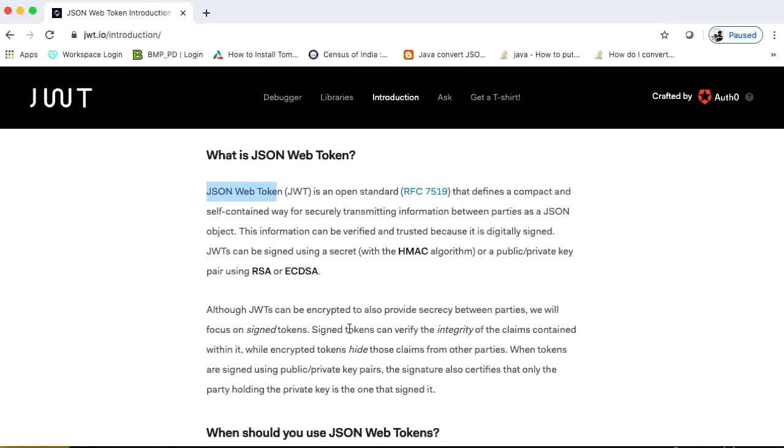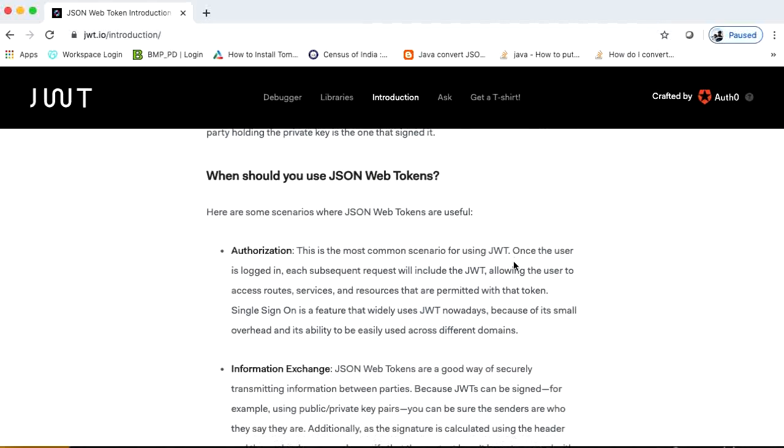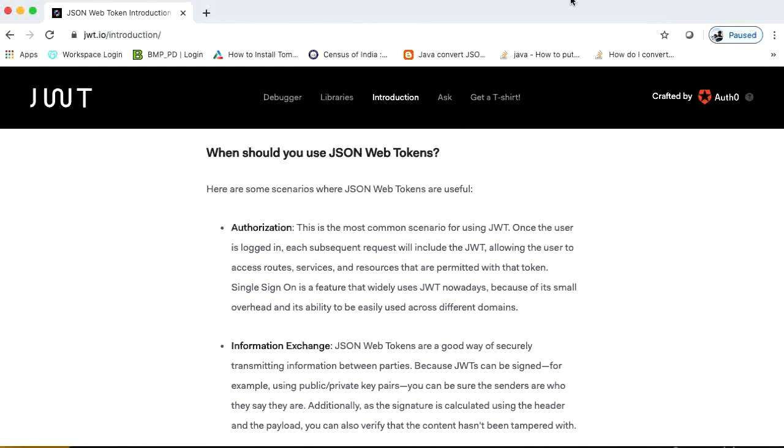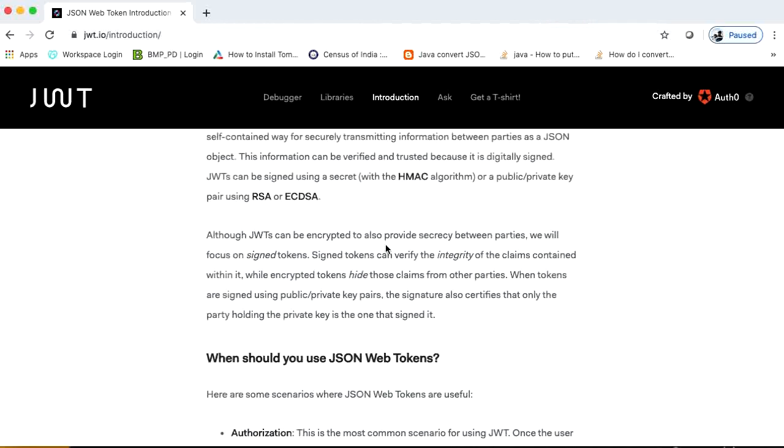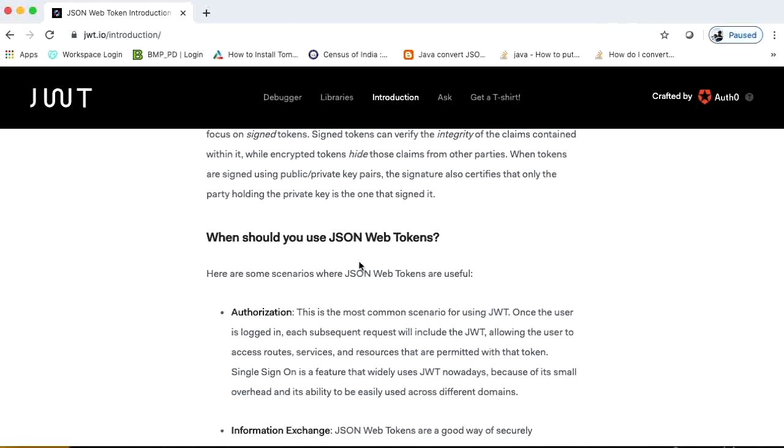It is a very highly recommended and a big, in-demand authorization mechanism nowadays.